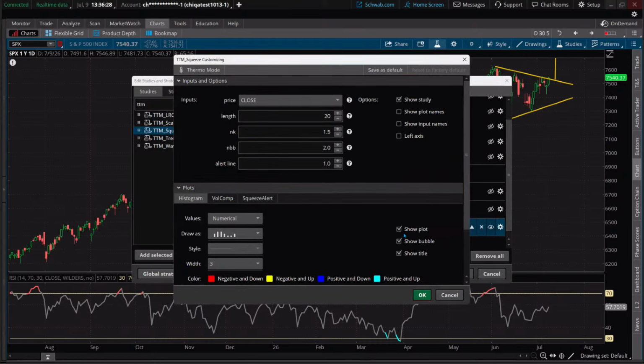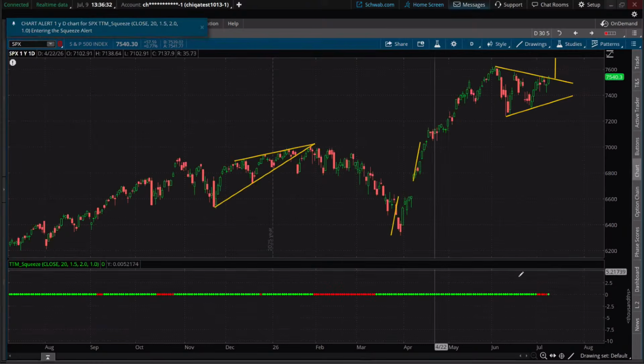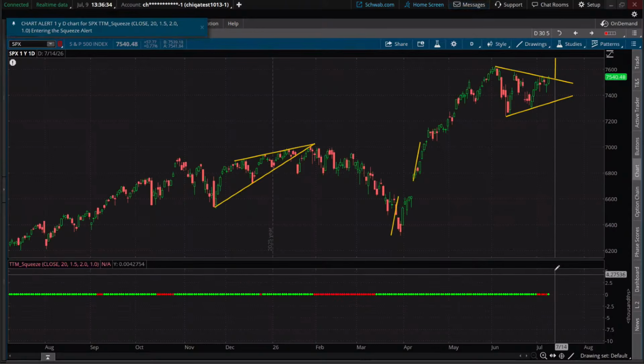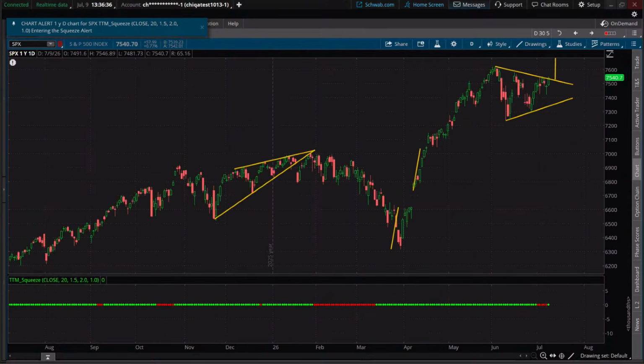I'll explain it here in just a second. I'm going to take out the histogram and just leave in the comparison here in terms of the compression. Okay. When we are in this red zone here, the Bollinger Band is trading within the Keltner channel. It tells us very likely an extreme low level of volatility, a tight range.